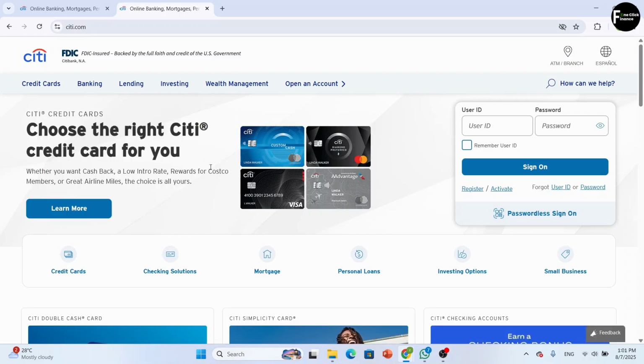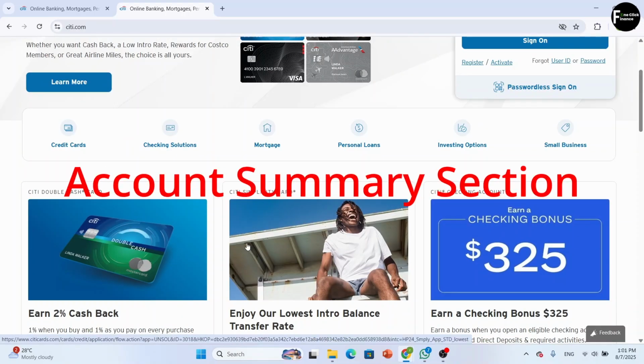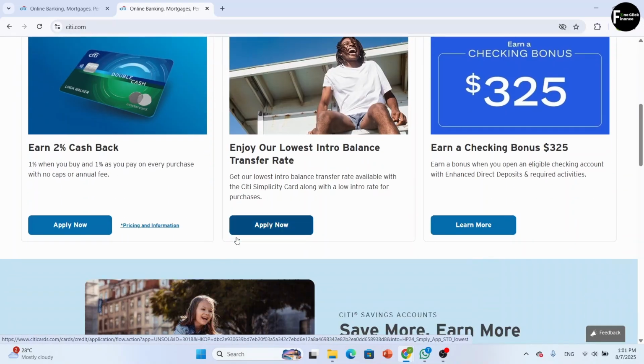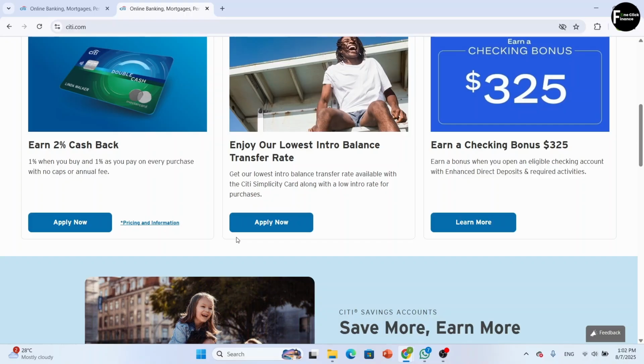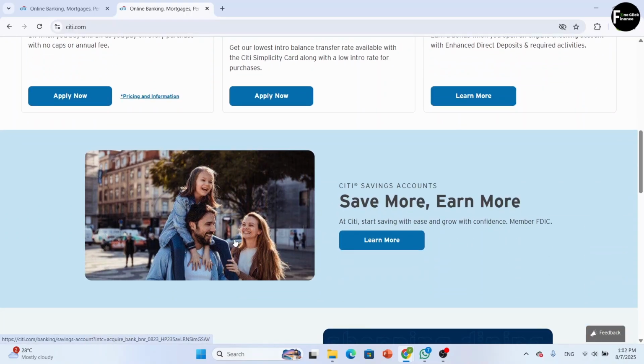Now here you simply have to log in using your user ID and password, and once you are logged in on your main dashboard you can simply scroll down or navigate to the account summary section, and there you just have to click on your loan account, whether it's personal loan, home loan, auto loan, and there you now see